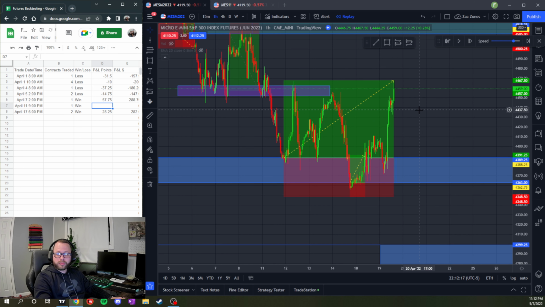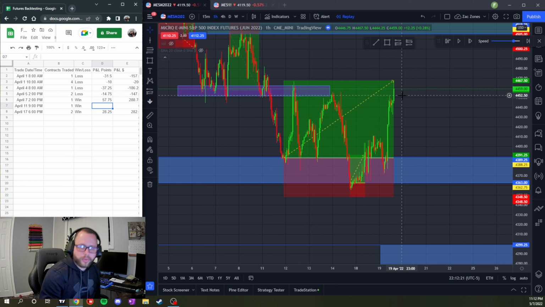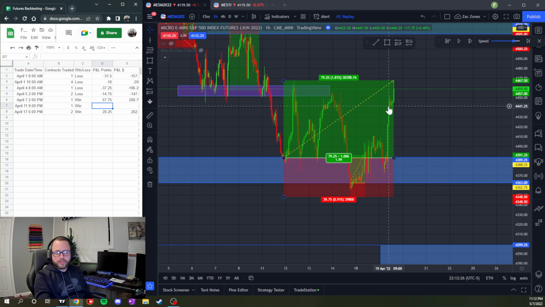That'll be one for the more subjective style later on, which is going to be hard to backtest, because I'm going through this now and saying, all right, here's what I would have done. Like this one, when I see this base out here, I would have my stop right here and actually gotten tagged out. So I would have missed out on some profit on that. This trade right here,